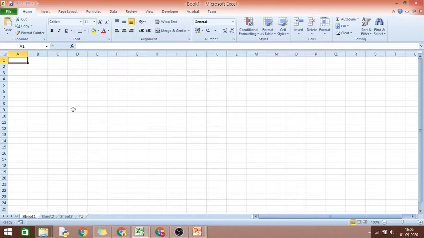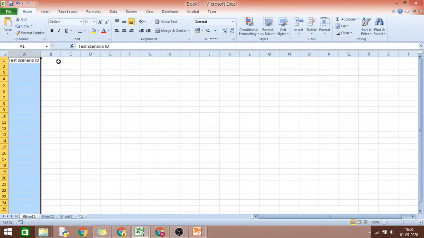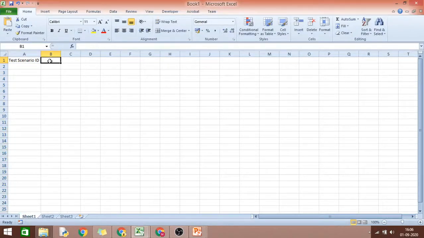So let us discuss now the template that is used to create the test scenario. First of all, your column is going to be the test scenario ID. Maybe you can have a serial number before that. It is up to you, but it always starts with the test scenario ID. Again, I'm reiterating, it is not that one specific hardcore template is used in all the organizations. That is not the case, because it depends on every organization. Every organization would have its own templates, but the columns which we are going to discuss in this video are the most commonly accepted template.